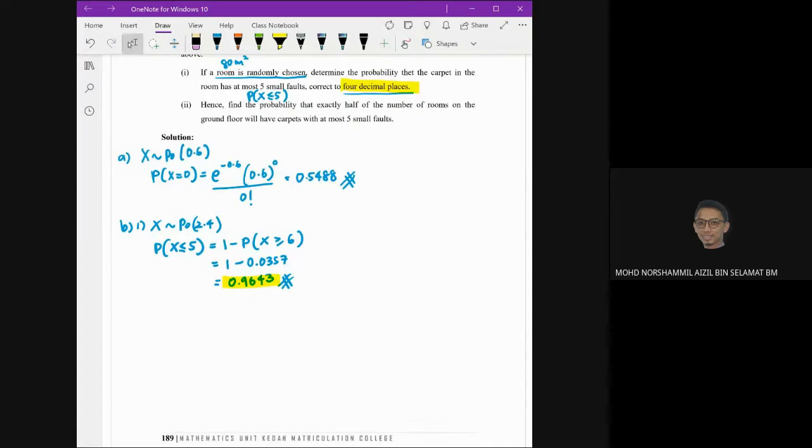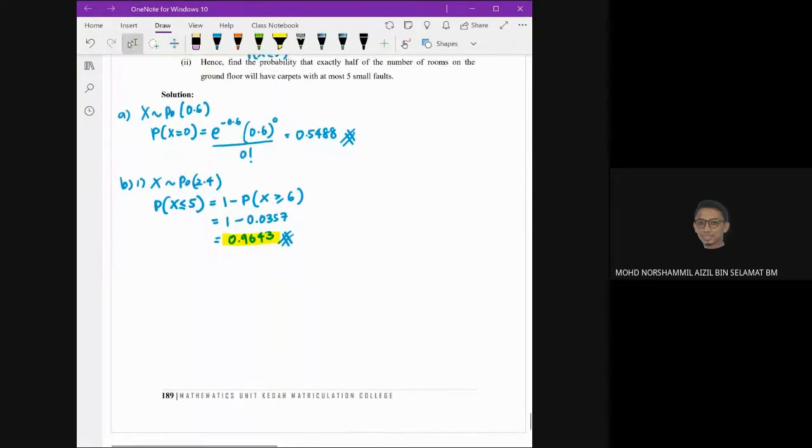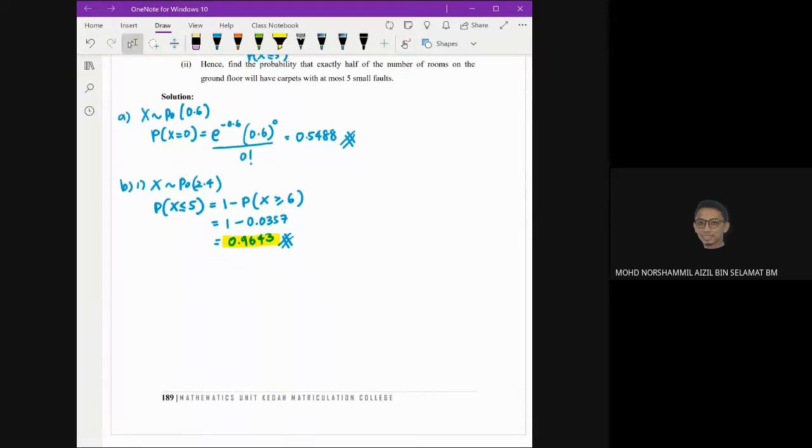Maksudnya by using the previous part. Find the probability that exactly half of the number of rooms on the ground floor will have carpets with at most 5 small faults. Okay. Half of the number of rooms. Maksudnya